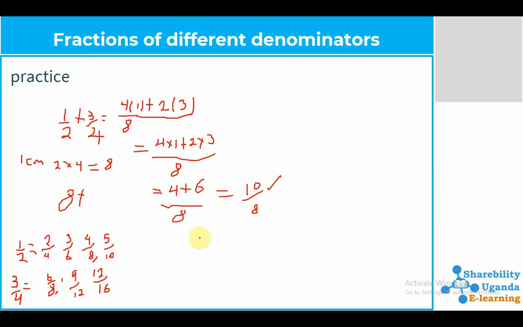So we can say that 1 out of 2 plus 3 out of 4, we shall be able to get our answer. We have got our common denominator, which is 8. Then we add this. Here we have a 6